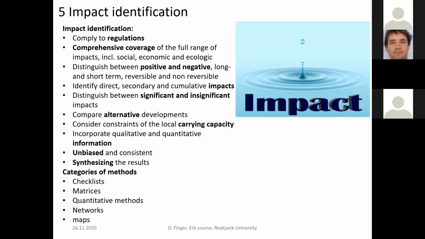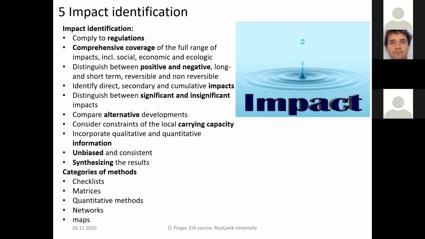But keep in mind, an environmental impact statement is always also a statement that you provide to the public to convince the public that your project has some environmental impacts, but those environmental impacts are acceptable in regard to what the project gives back to the society. You can also have positive environmental impacts, which would even be better, so that you get even more support from the general public. So